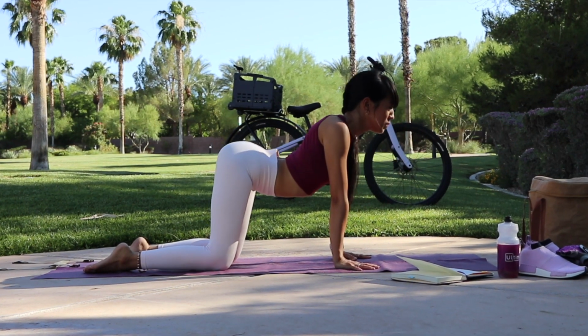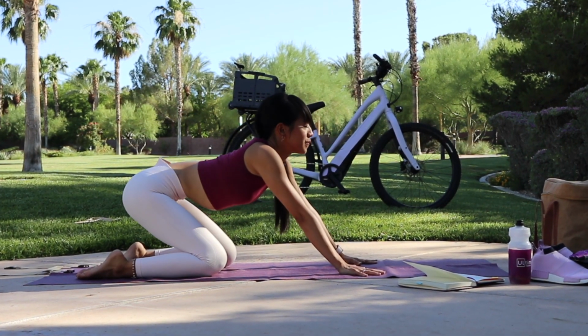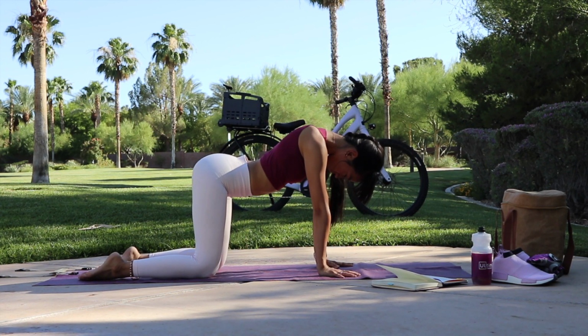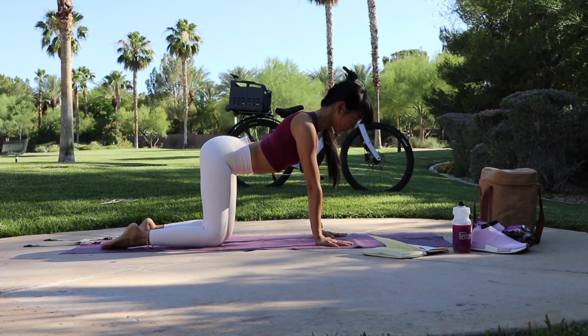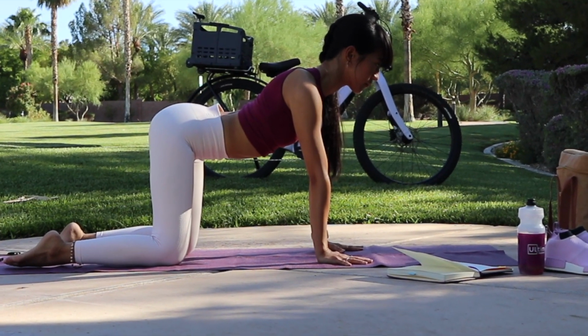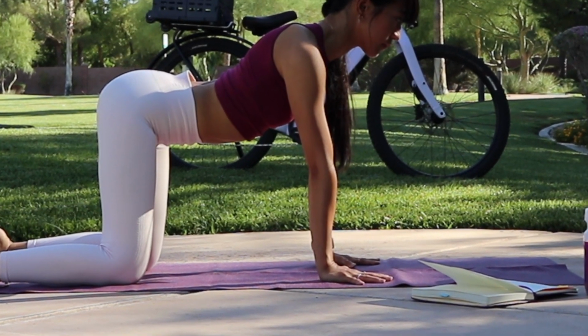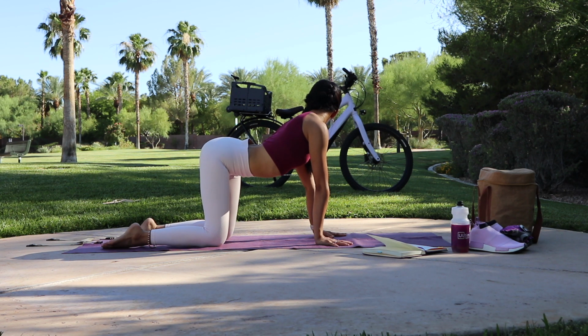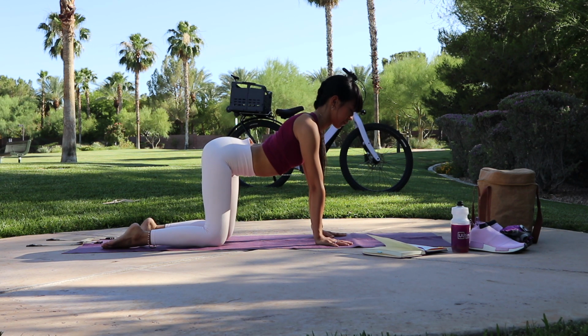Synchronizing your movement with your breath is a trick that I learned from dancing. Okay, now we're gonna stop right here. And I like to point out that despite always trying to focus on my form, I too sometimes overextend my elbows like here. Now look at your left shoulder, and then your right,